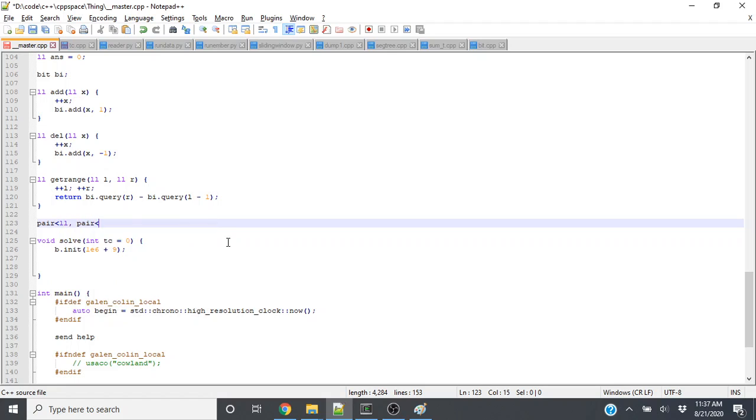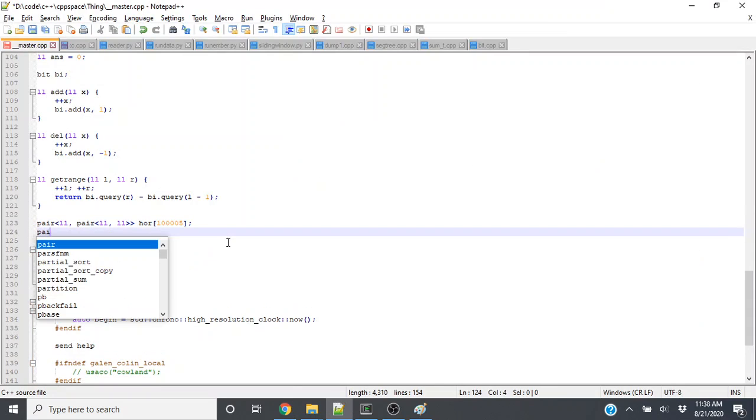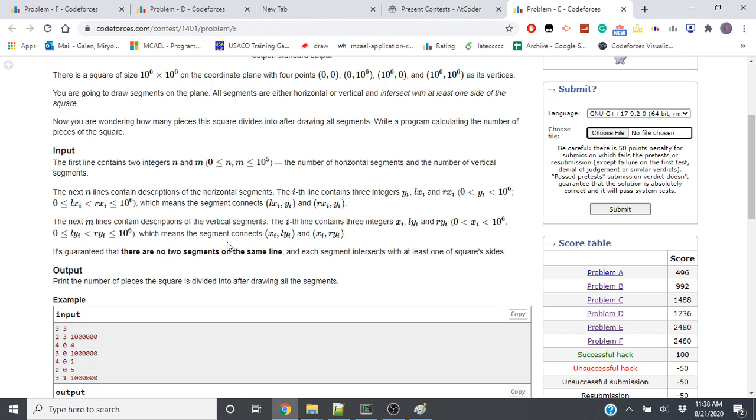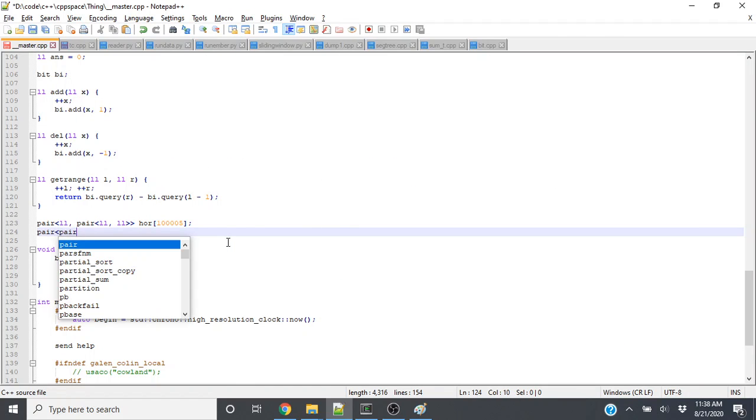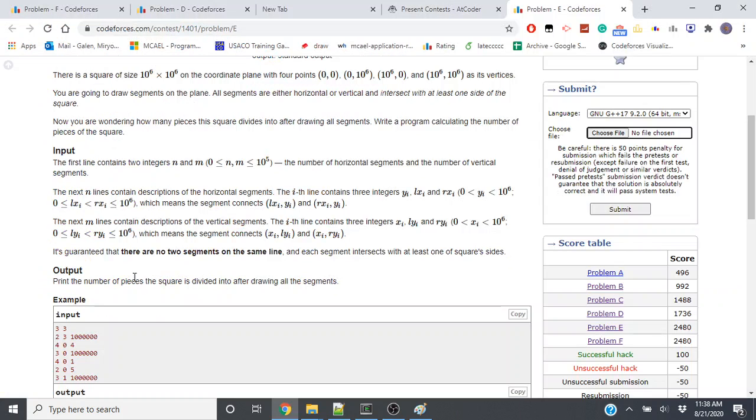Pair ll, pair long, horizontal. Then vertical is given as, we're gonna store these. We're gonna eventually sort them by y, so we want to store them like that. So n to m, then